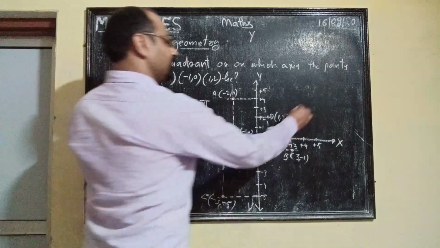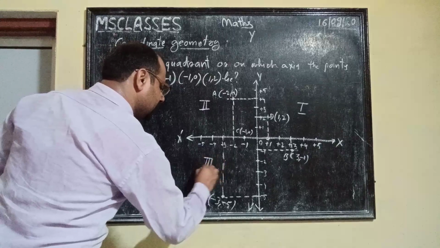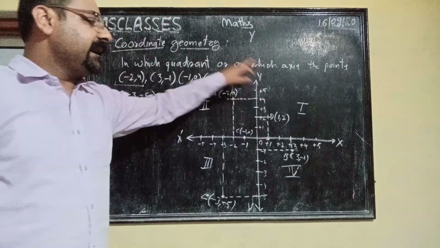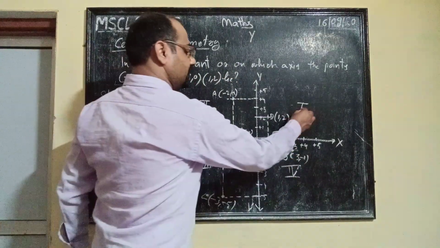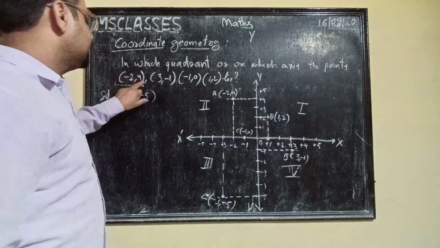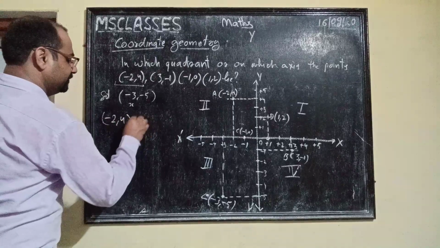Now you see this is the first quadrant, this is second, this one is third, and this is the fourth quadrant. When you go anti-clockwise, you find the quadrant. This is first, right? So minus 2 comma 4 is in the second quadrant,